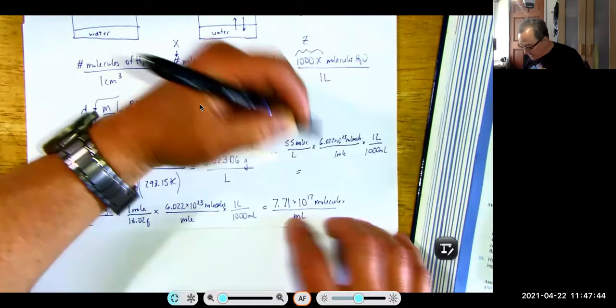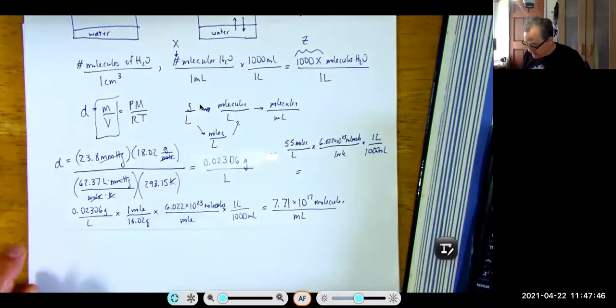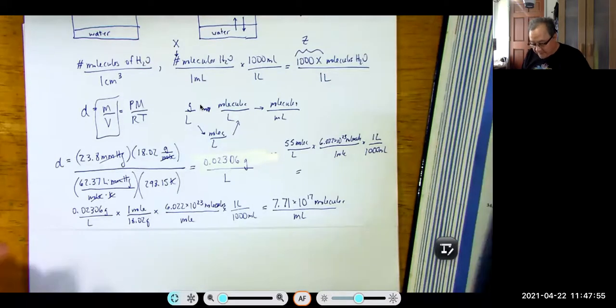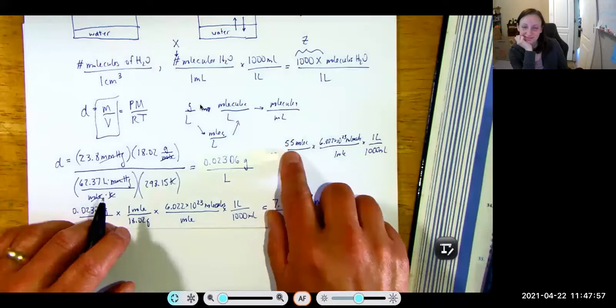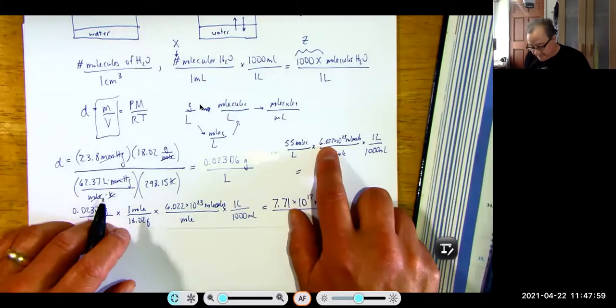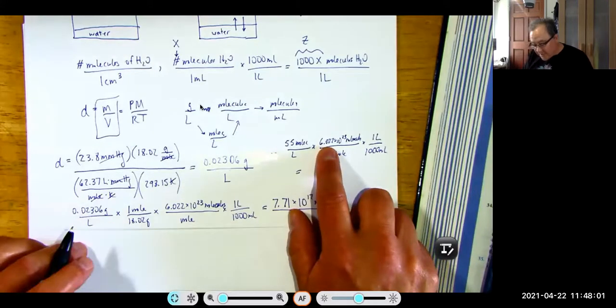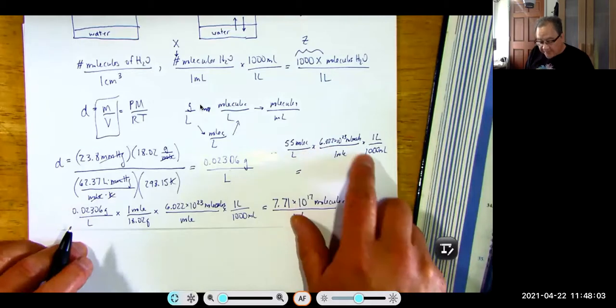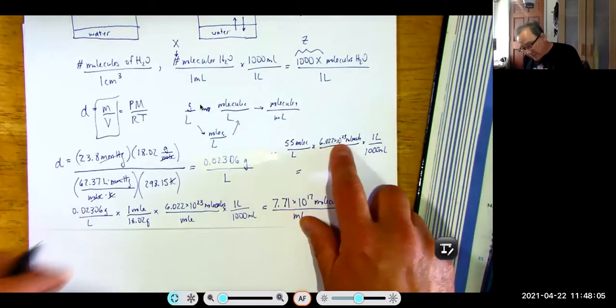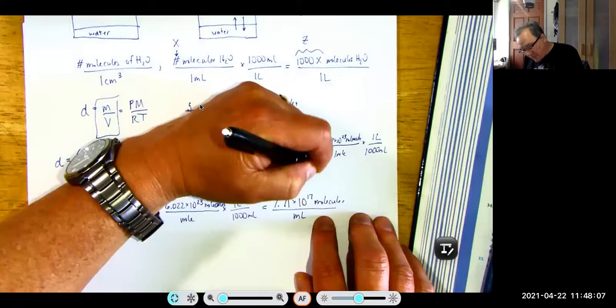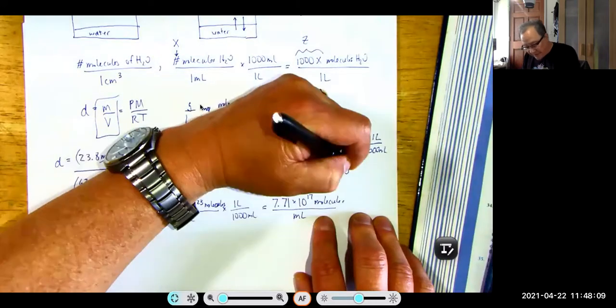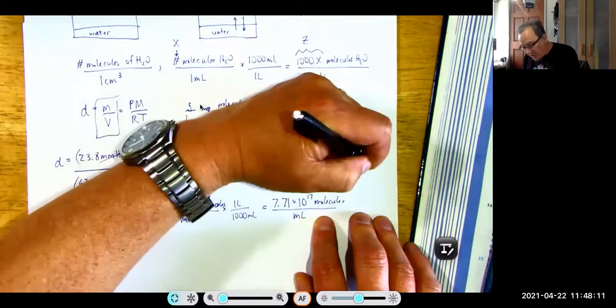So as a comparison, 55 times 6 is 300, right? 300 times 10 to the 23rd, and this is really times 10 to the 20. So we get 300 times 10 to the 20, which is equal to 3 times 10 to the 22 molecules